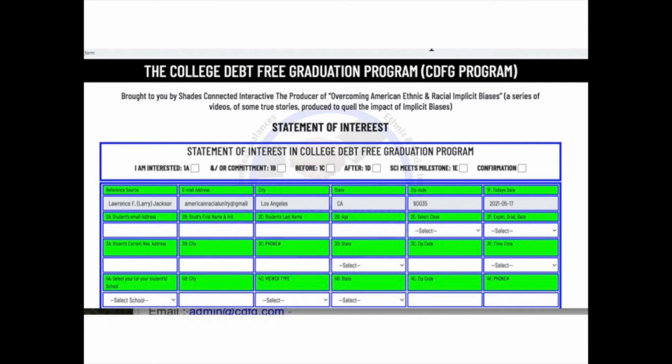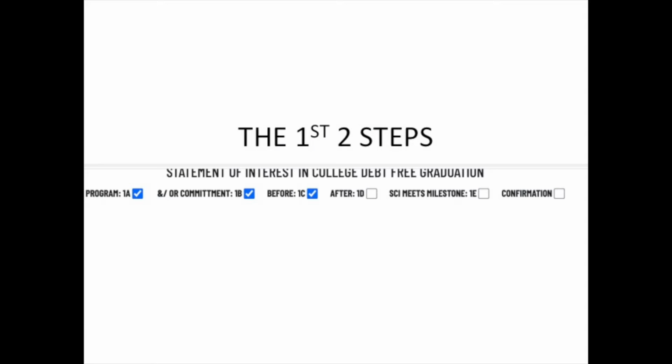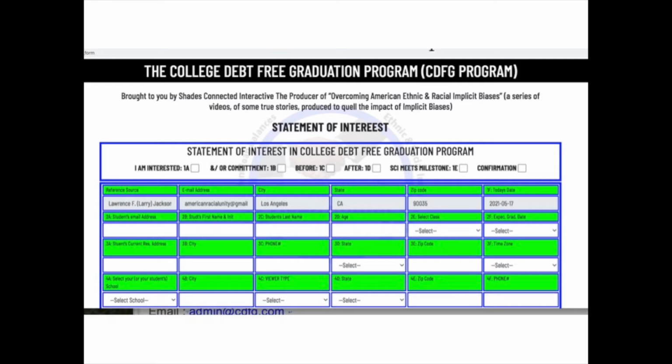All you need to do, after you have reviewed the 12 yellow highlighted links, is fill out the statement of interest and email it back to us, while following the directions listed below along with the samples of the completed answers shown in the samples seen here, starting with boxes 1A through 1F.